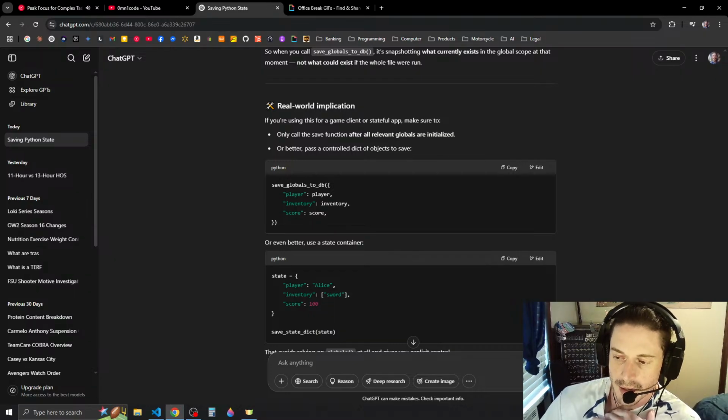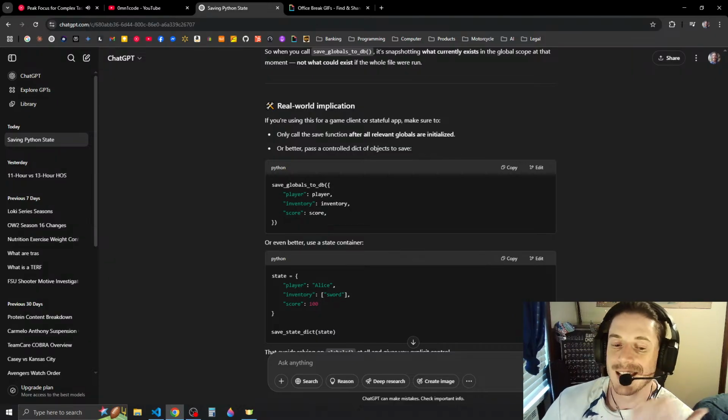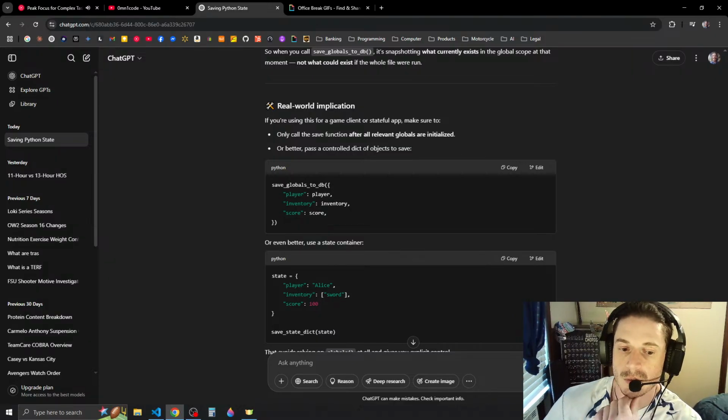Does this make sense? I feel like using globals to make sure we detect everything is safer than me manually going through the file and making a list. It means we're probably going to save some things that we don't need to save, but it's going to ensure that we saved everything that needed to be saved.